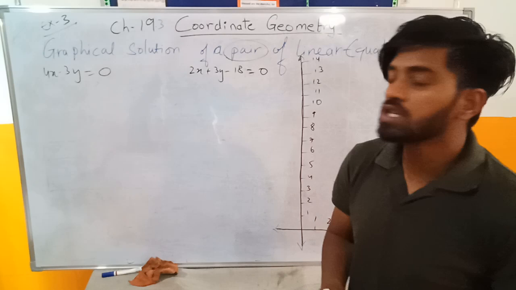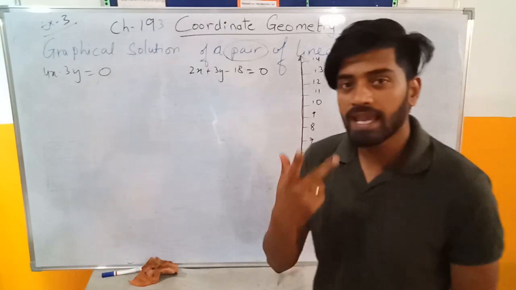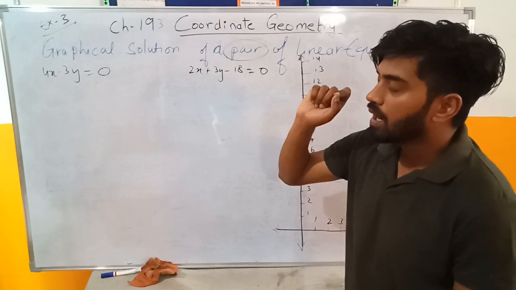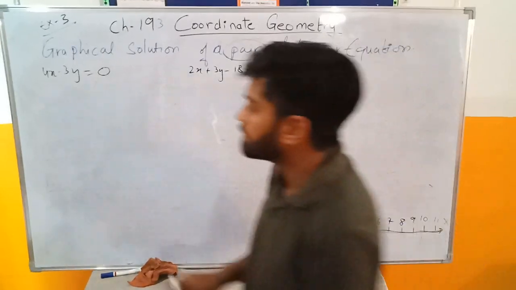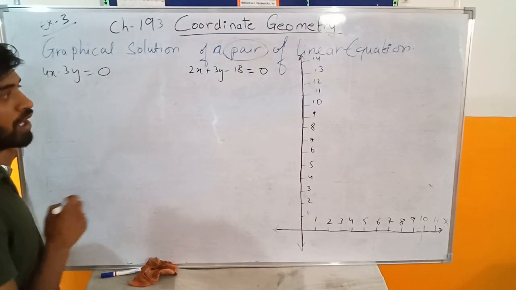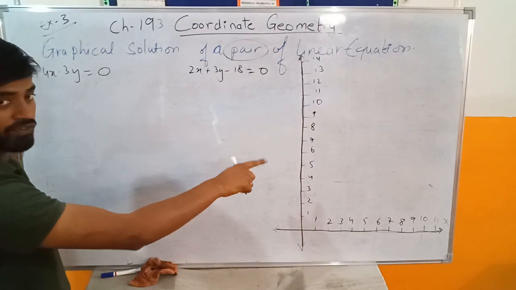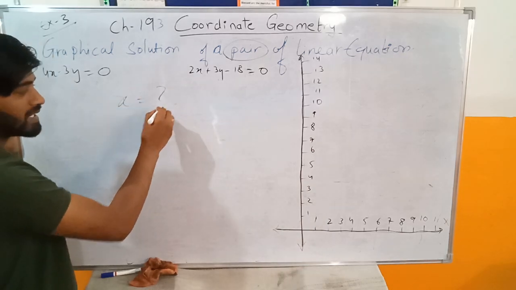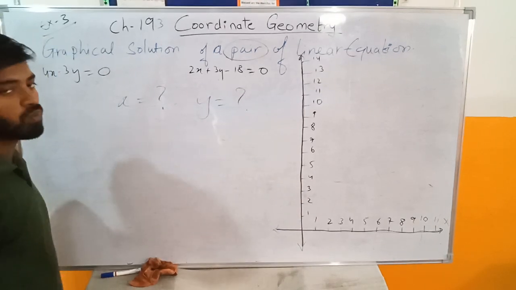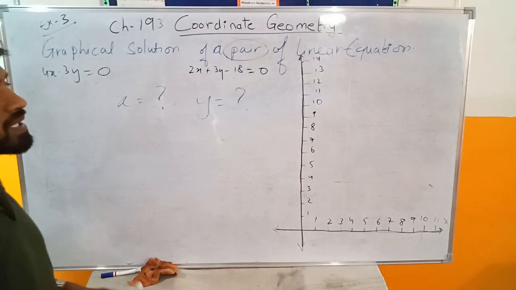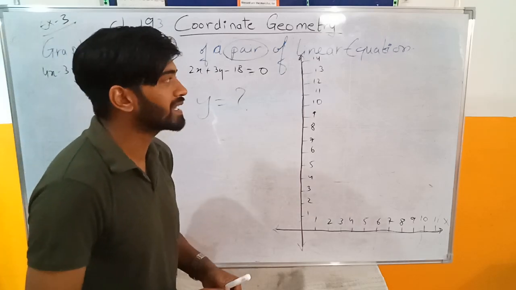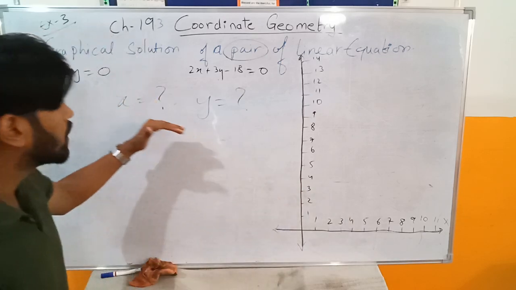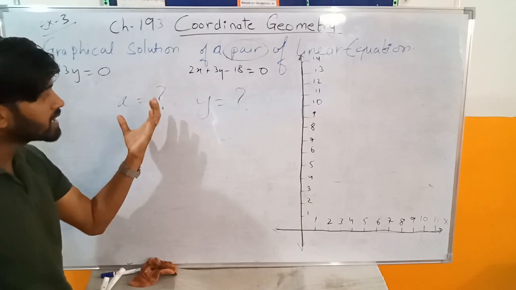In these two equations you see the two variables x and y. The variables are the terms whose values you don't know. After making the lines of these equations on the graph, I'll be able to get the value of x and also the value of y. We'll be learning this chapter when we come in July. But right now, after solving this, you'll get the value of x and y.